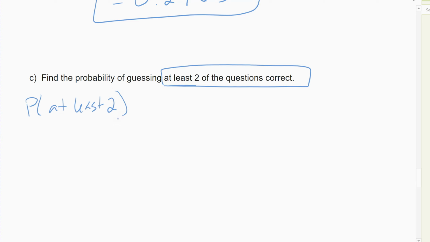Which, if you were figuring this out, would be 2 or more, right? 2 or more, which would be guessing 2 or 3 or 4, all the way up to guessing all 16 correctly, which you would have to fill out your formula 14 times. You don't have time to fill out your formula 14 times. You have to use the complement in this case. All right, so the complement